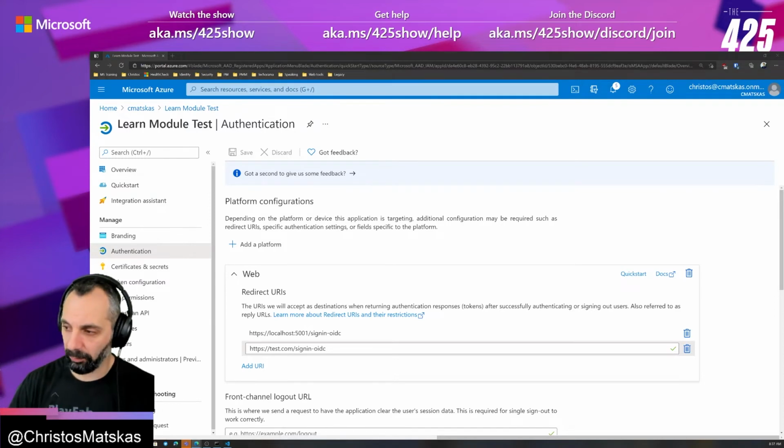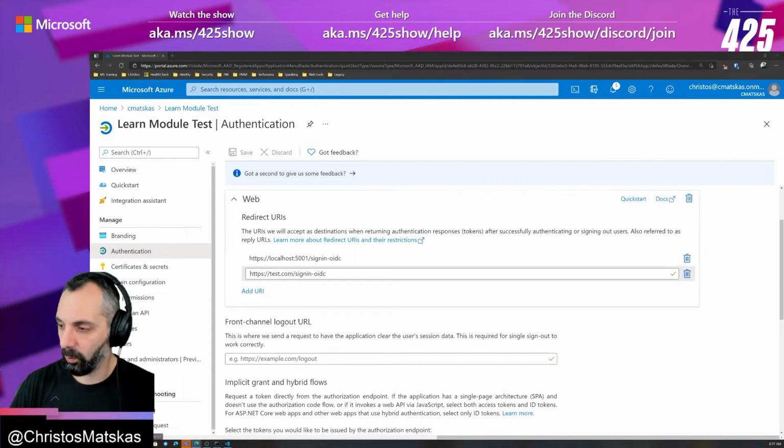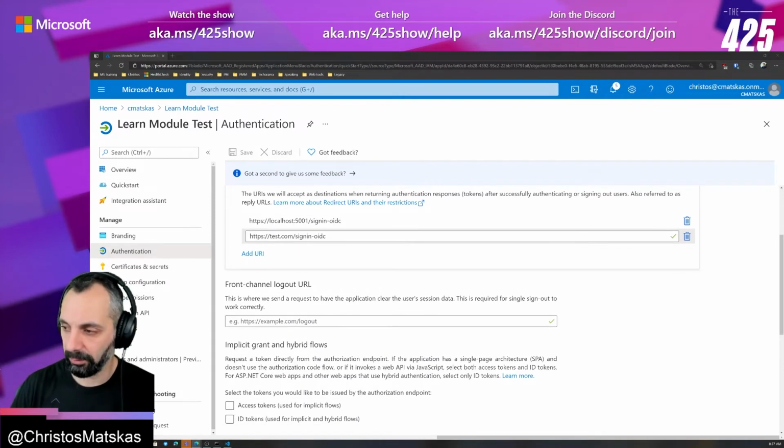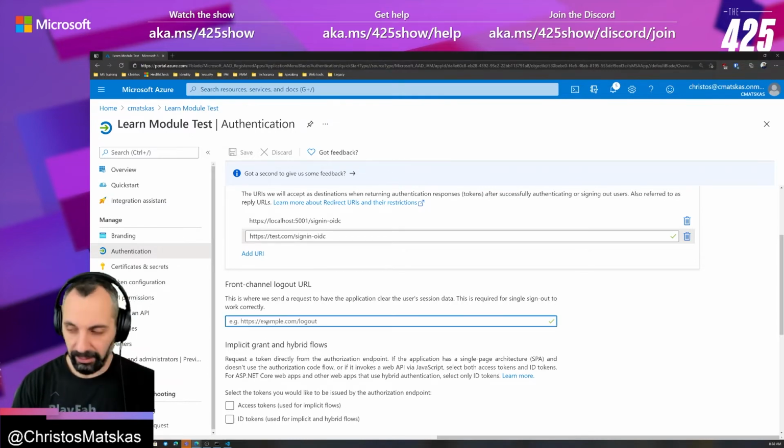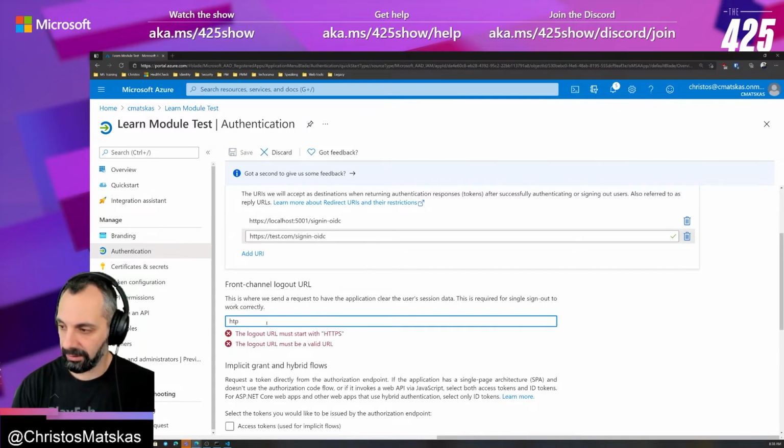Okay, so we have the multiple web URIs. Now, yesterday I was asked, why can we not have multiple logout URLs if that's the case? And that was a very valid question. So if I am testing on the local environment, then I want to have localhost 5001 for signing in. And then if it was the sign out, it would have been HTTPS localhost